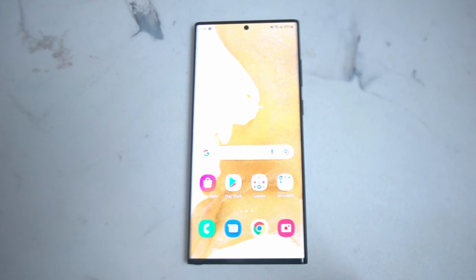What's good, YouTube? In this video we'll be taking a look at the display settings for the Samsung Galaxy S22